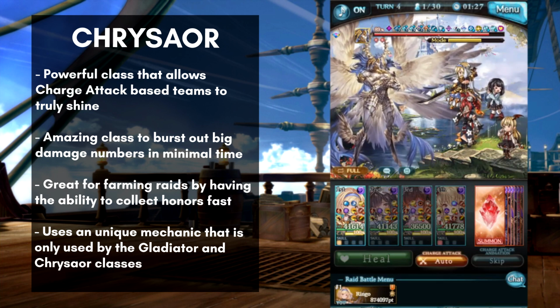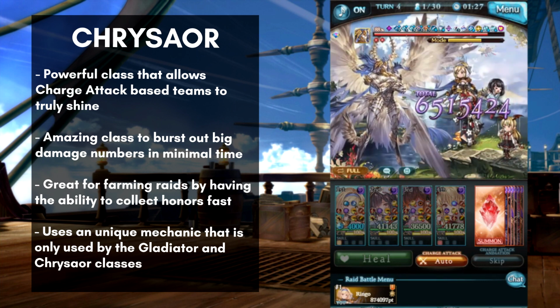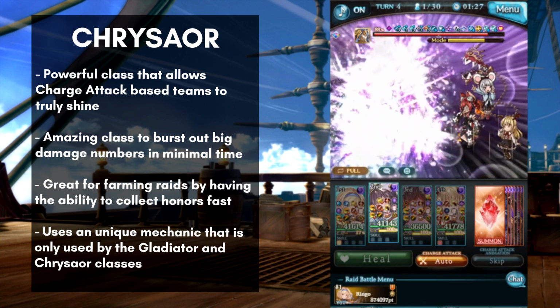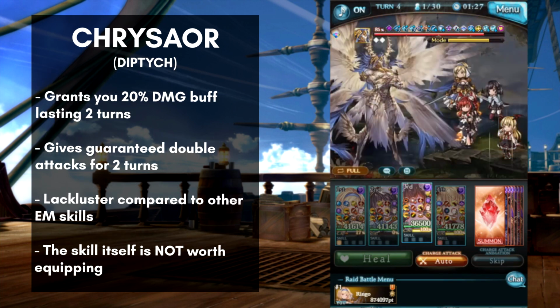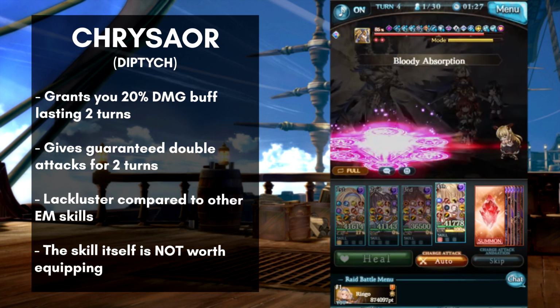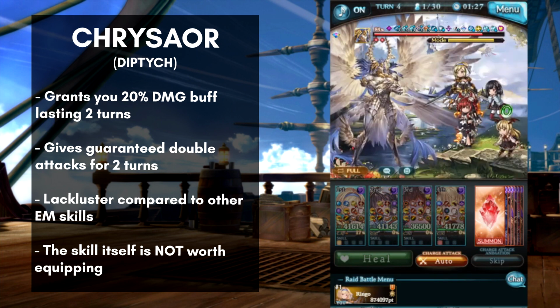Chrysor has a total of 3 skills, but in this case 2 skills out of the 3 are way more significant than the other, and just for the sake of knowledge I will briefly explain why. Chrysor has the skill Diptych to its availability, and what it does is give you a 20% bonus damage buff for 2 turns. It will also give you a double strike buff as well, which allows you to attack twice